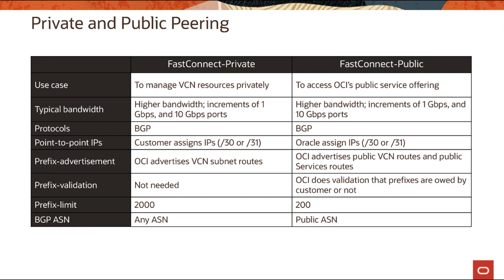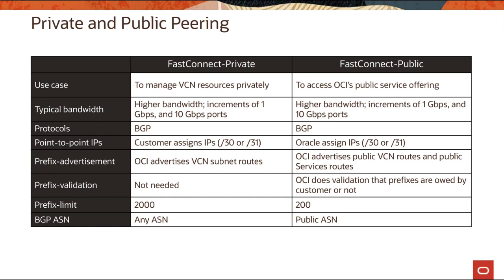To quickly recap and do a quick comparison between the private and public peering connections. If you're using FastConnect private, the basic use case is that you are trying to get to the VCN private resources. And in case of FastConnect public, you are accessing the OCI public resources on that dedicated connection. Again, from a use case perspective, it's mostly when you are trying to get to the public endpoints like object storage over the regular internet traffic path,